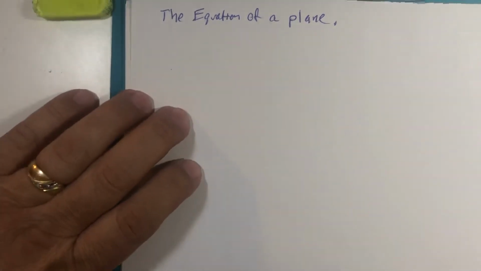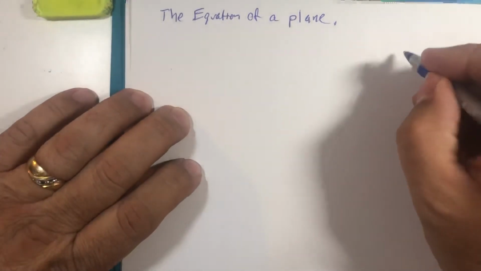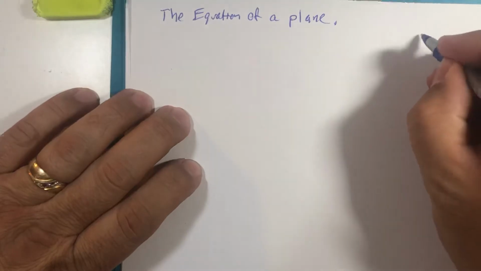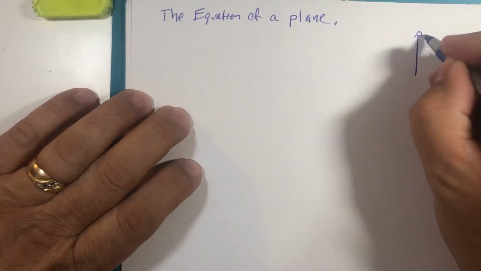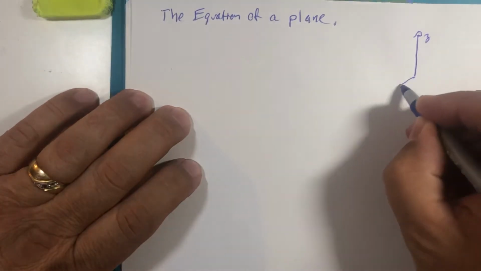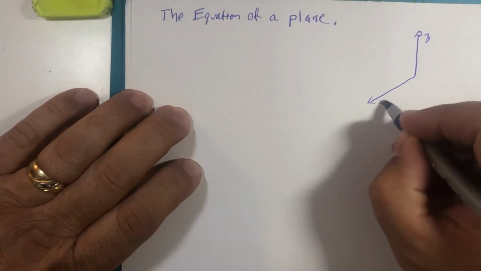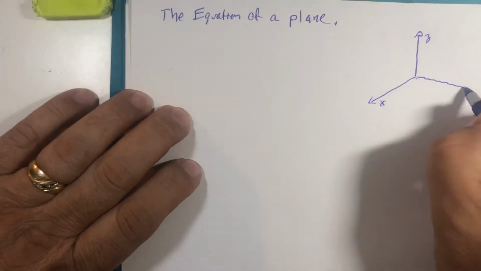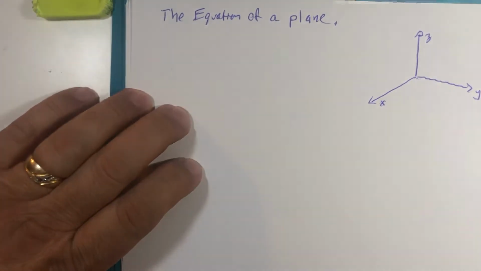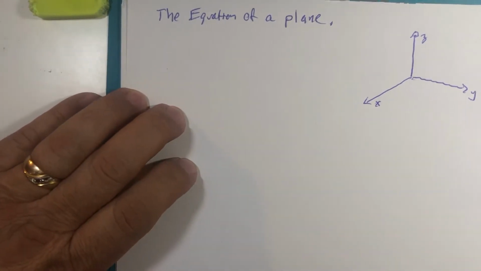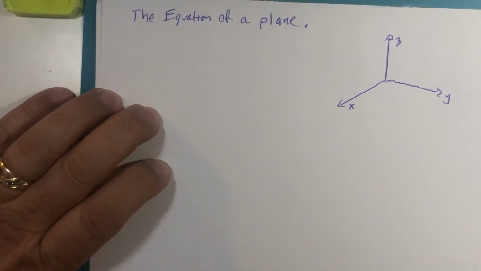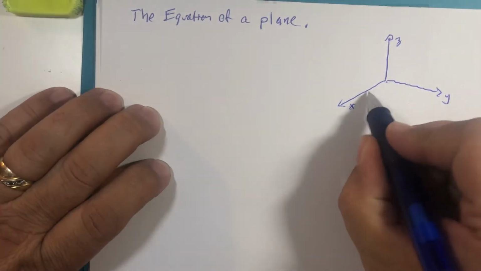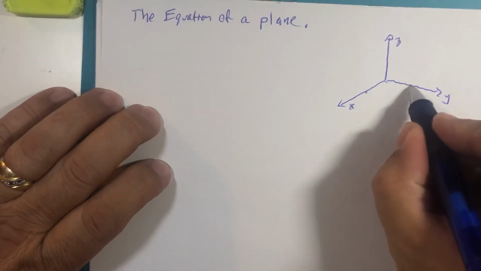Now I'm going to do a very poor rendition to give you an idea of what I'm talking about here. So let's suppose we have our z-axis and our x-axis and our y-axis, and we are going to imagine a plane, and let's suppose that this particular plane hits the ground here and here,